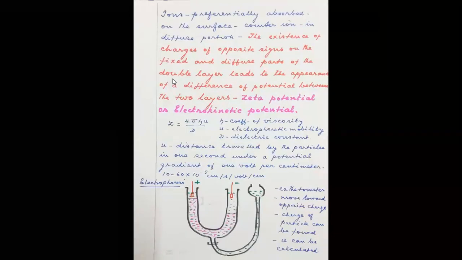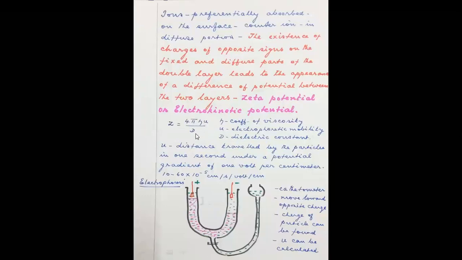See, the ions preferentially adsorbed on the surface and their counter ions are in the diffuse portion. So the existence of charges of opposite signs on the fixed and the diffuse parts of the double layer leads to the appearance of a potential difference between the two layers, and this potential is called zeta potential or electrokinetic potential. So this electrokinetic potential or zeta potential Z is equal to 4 pi eta u by D,